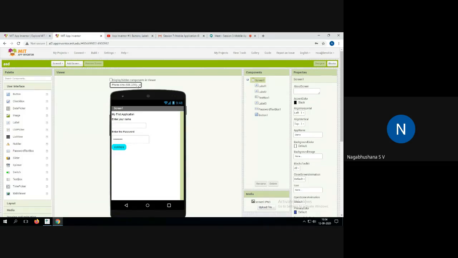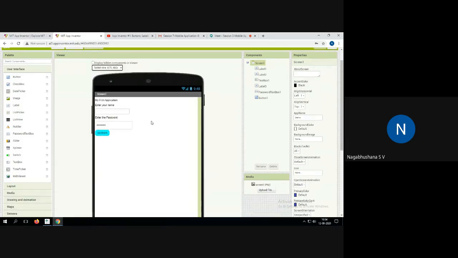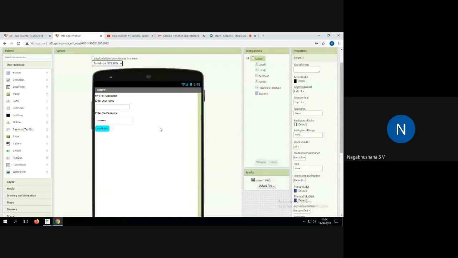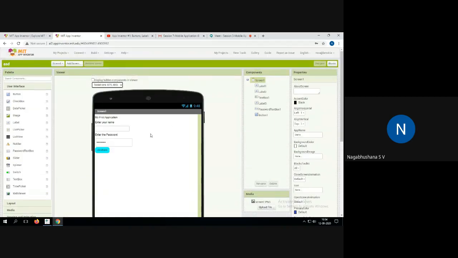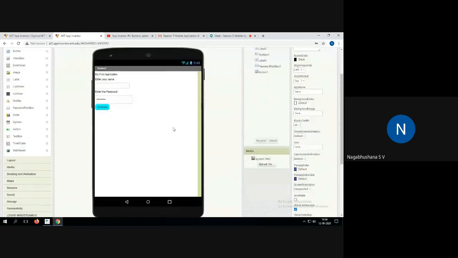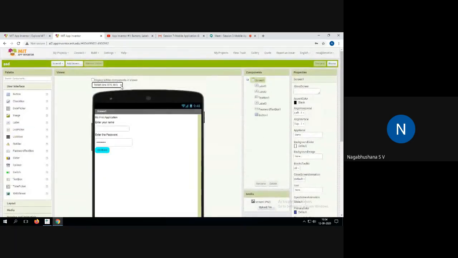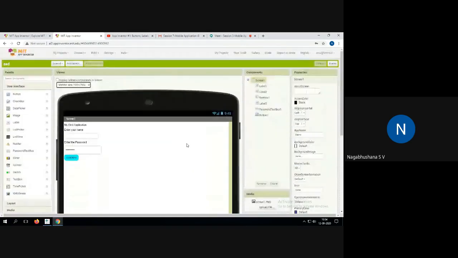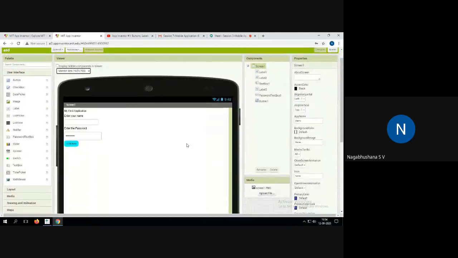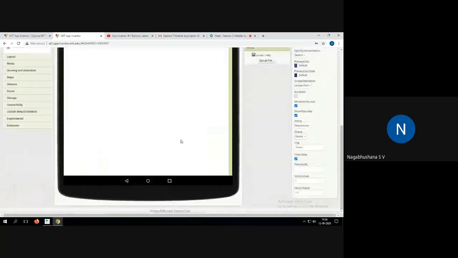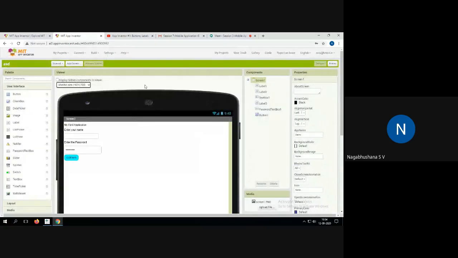If I want to see how it looks in tablets, you can see the same interface for the tablet. This is how it looks in tablets. Suppose I want to execute the same thing on the monitor, I mean on Android laptops, I can go for this. This is how it looks. This is called the display section.